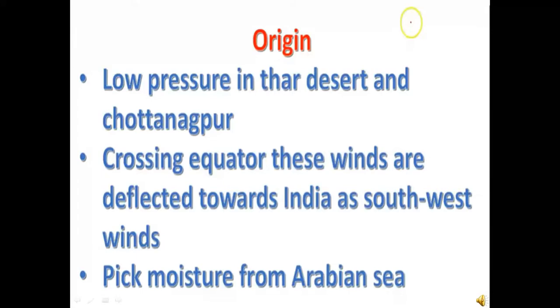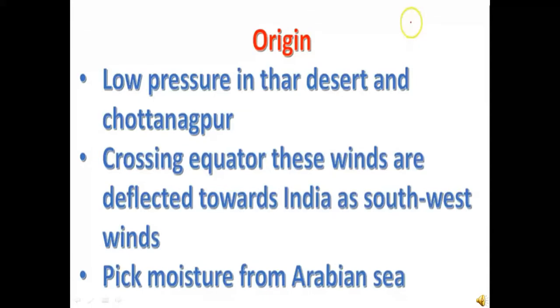and therefore they are called southwest monsoons. Now, students, you might ask from where do these winds pick up the moisture? The moisture is picked up from the Arabian Sea, and therefore the southwest monsoon first hits the state of Kerala. Students, once it hits the state of Kerala, only then we know that the monsoon has finally